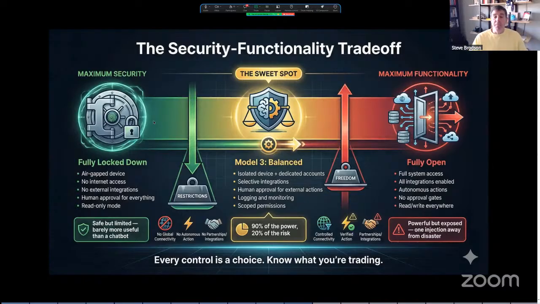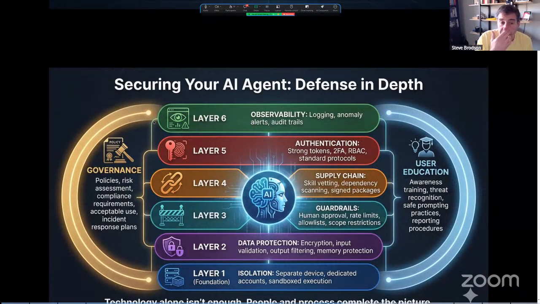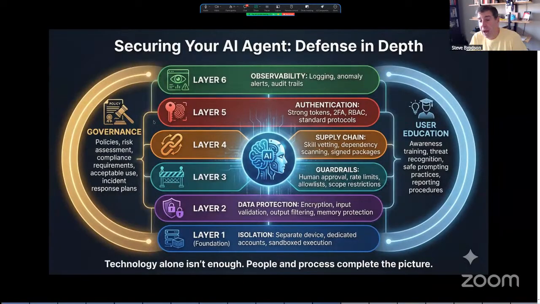Everything that you add makes it so much better and so much richer, and it learns how to do things. At the same time, it also introduces way more risk. So just thinking about that before you deploy is really important. All right, so let's start talking about the control side. How do we protect ourselves against the evils?